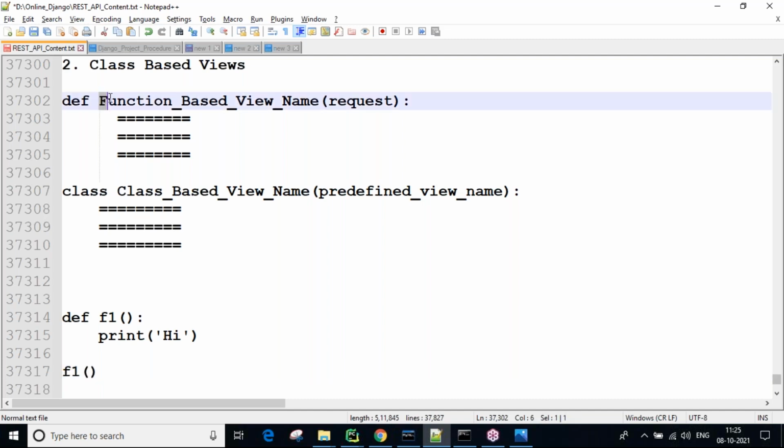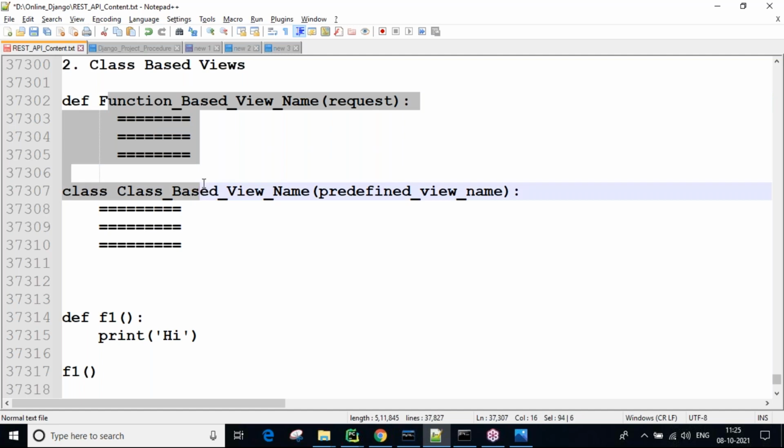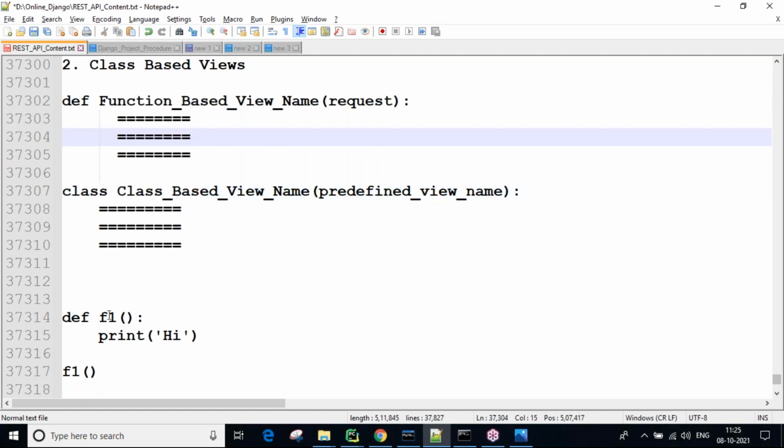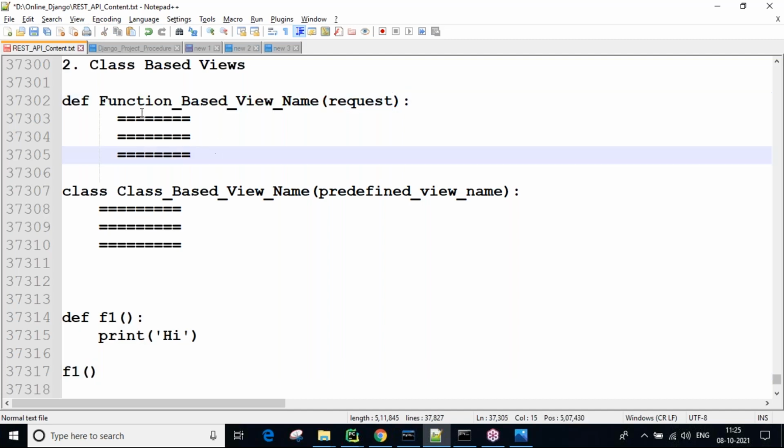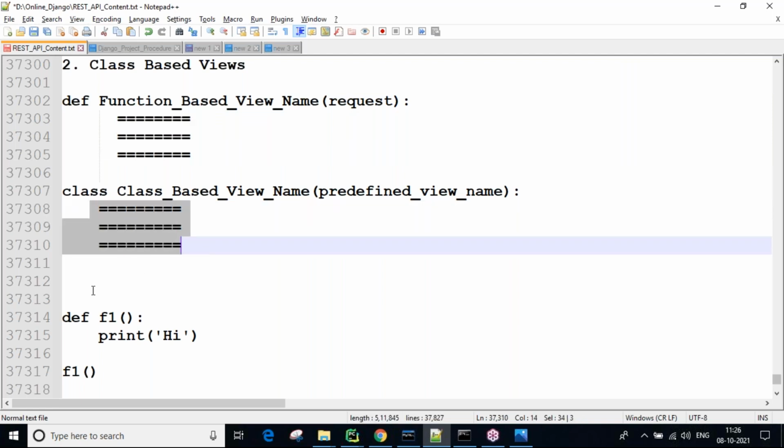Same here: this is a function based view, and this is also a class based view. Views are nothing but functions. Remember, when these functions execute, that means whenever we call these views, then we get the response. Whenever calling, the view related logic executes, the class related logic executes.